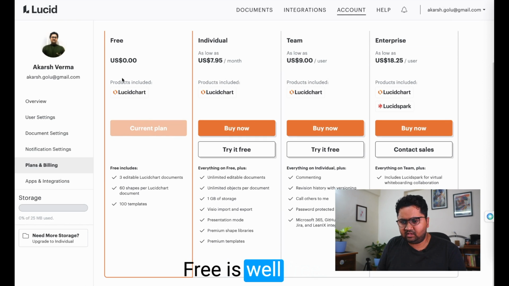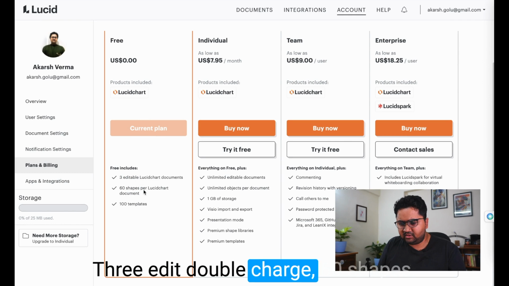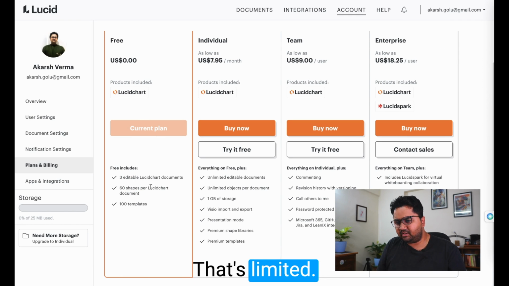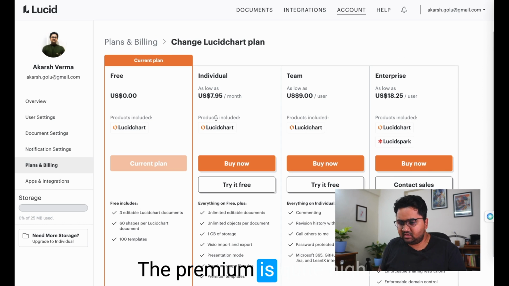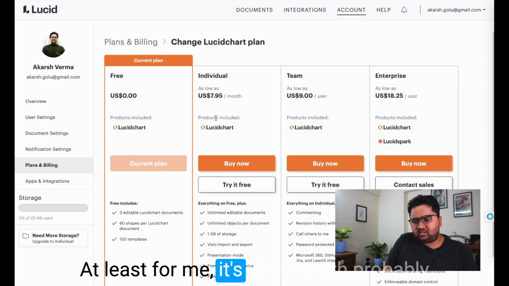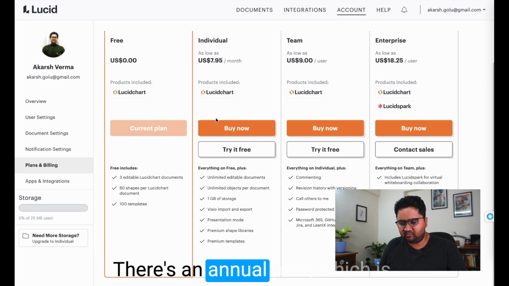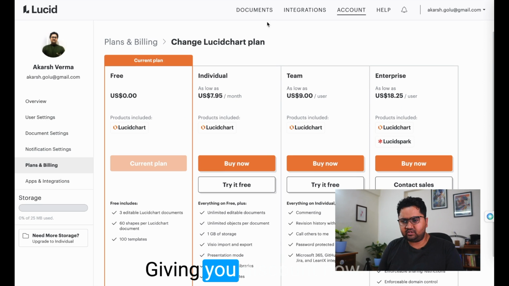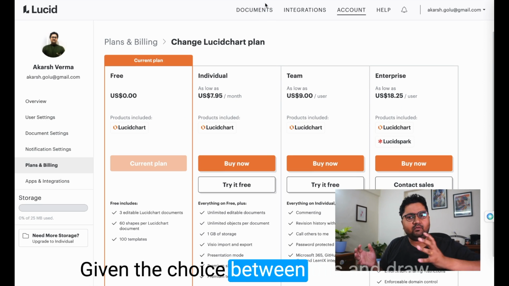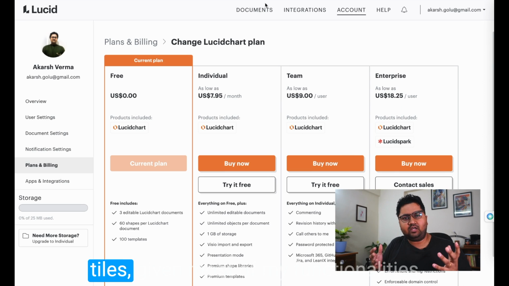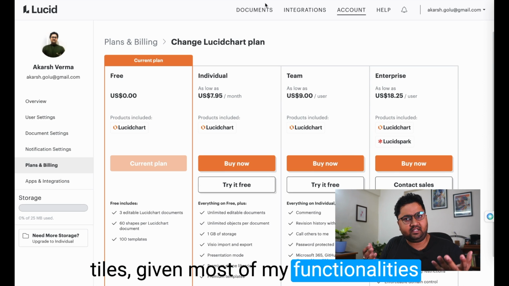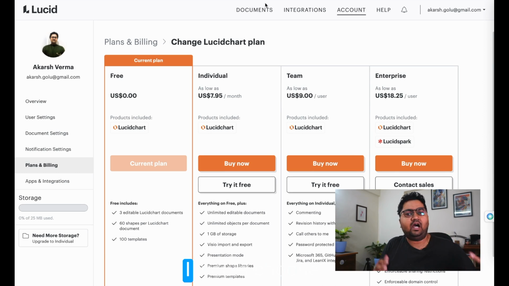Free is, well, free: 3 documents, 60 shapes. That's limited. The premium is quite high, at least for me, it's $8 a month. Probably there's an annual plan which is giving you a discount. Now, given the choice between this and draw.io, given most of my functionalities are covered within draw.io, I would choose